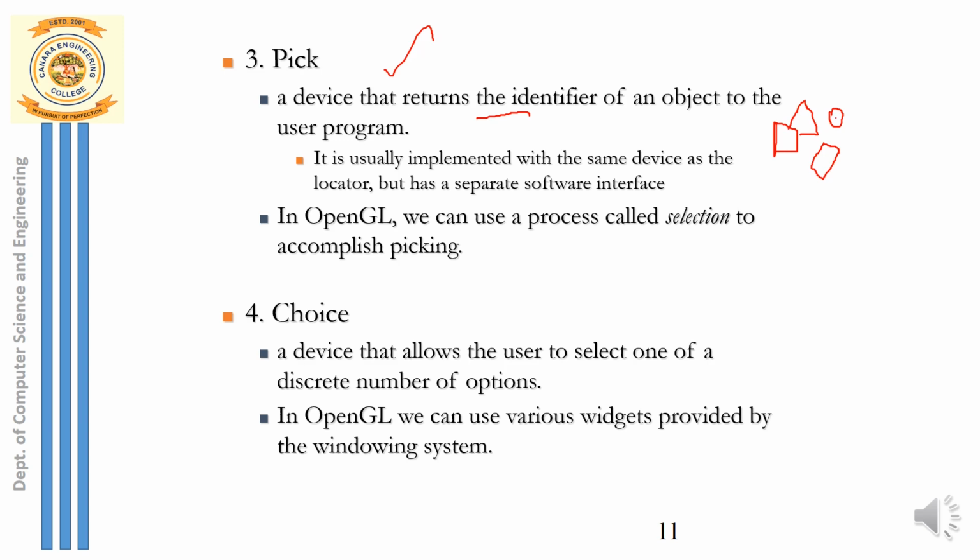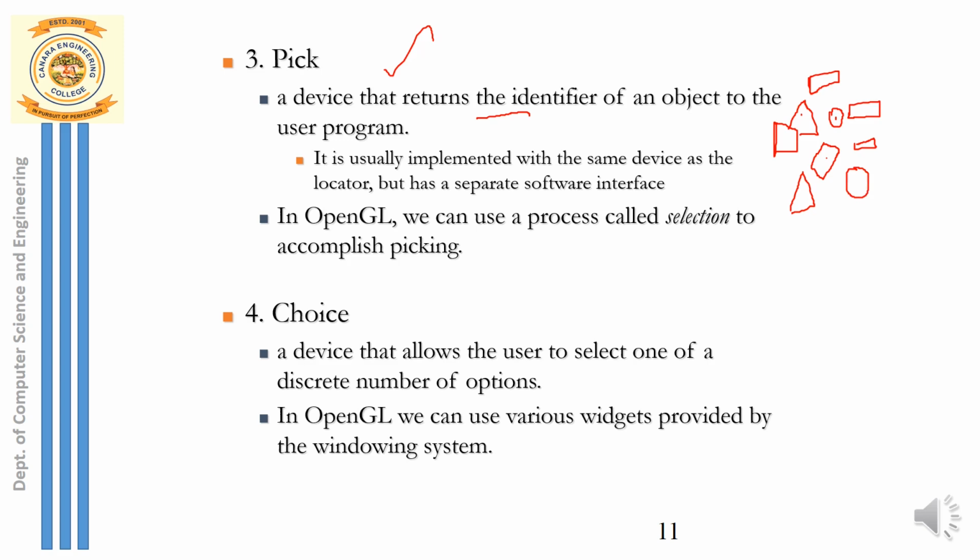Suppose I click on a particular object, a sphere, I should be able to identify that this is a sphere. So how is that? When I click the mouse on a sphere, immediately I should get a message over here saying it is a sphere. Whenever I click on this polygon, it should give me a message saying that it is a rectangle. Whenever I click on a triangle, it should give me a message saying it is a triangle, something like that, right? Or else if I click on a triangle, immediately I should be redirected to a screen where only a triangle is displayed. Or when I click on a sphere, it should redirect me to a screen where only a sphere is displayed, something like that.